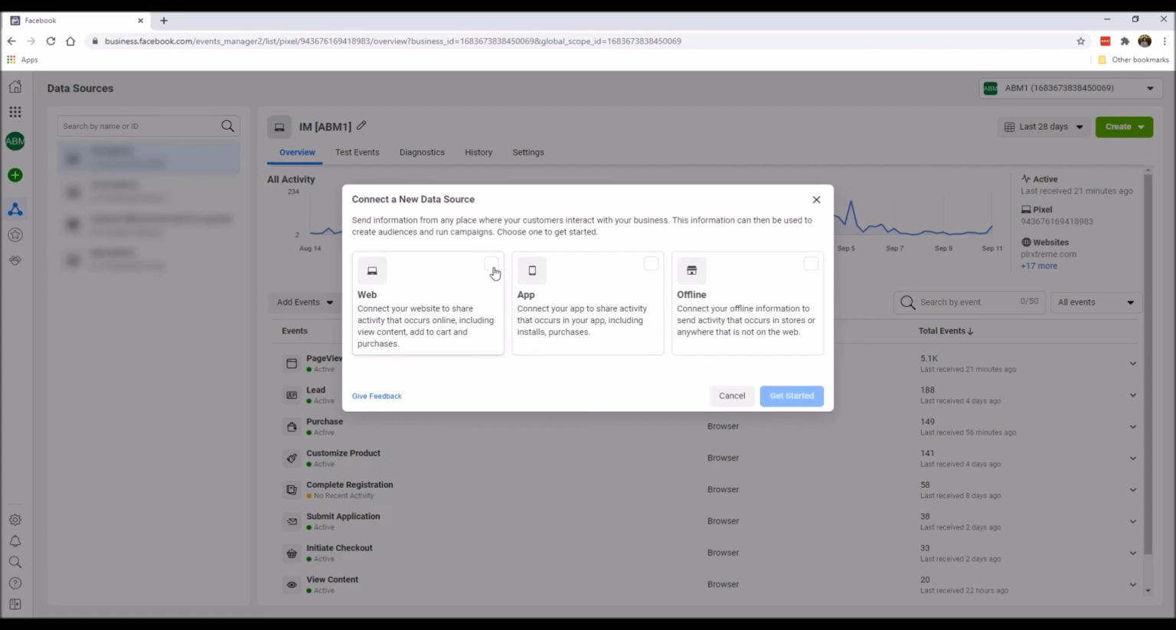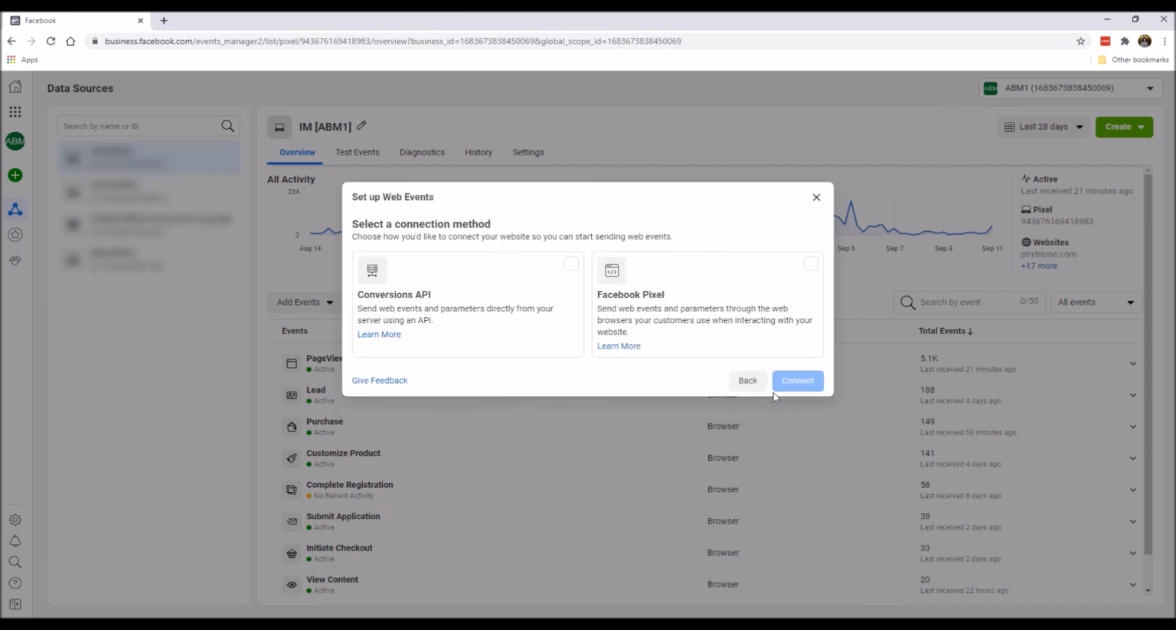Now I have to say that before this video was recorded, adding a Facebook pixel used to be a step simpler, but not to worry, it is still quite easy to do, all right? Just with a bit of changes. So with that said, I want you to select Web, click on Get Started, and you will select Facebook pixel